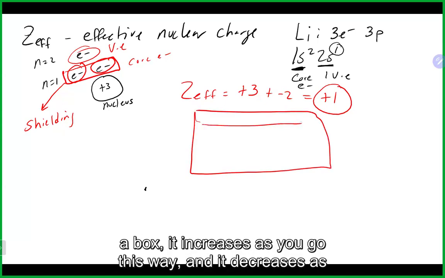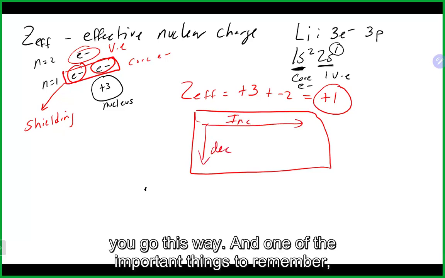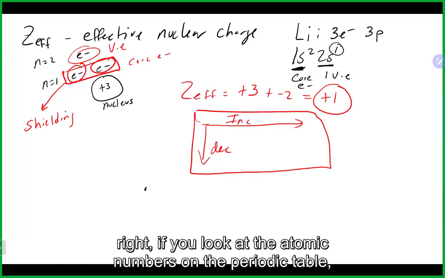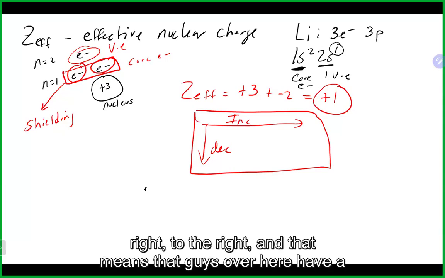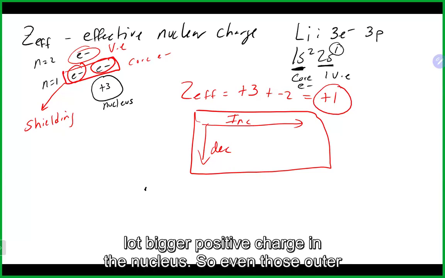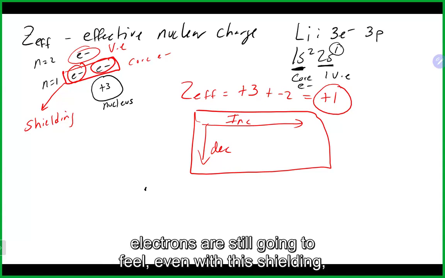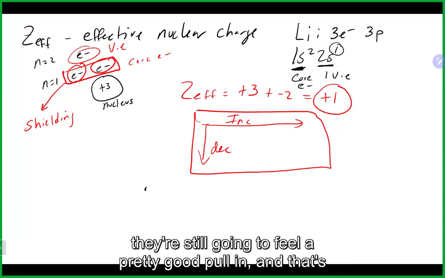like a box, it increases as you go this way, and it decreases as you go this way. And one of the important things to remember, right, if you look at the atomic numbers on the periodic table, which is the number of protons, it increases as you go this way, to the right. And that means that guys over here have a lot bigger positive charge in the nucleus. So even those outer electrons are still going to feel, even with this shielding, they're still going to feel a